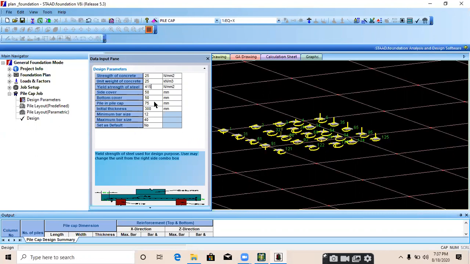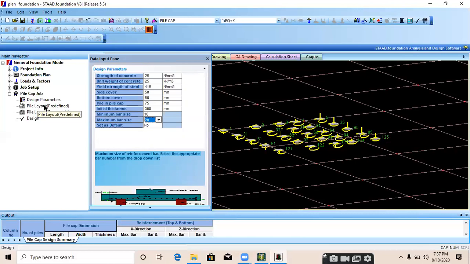In the final result also I'll tell you. Initial thickness of the pile cap, the minimum thickness, minimum bar size for pile cap I'm selecting as 10 mm, maximum bar size I'm selecting 20 mm.